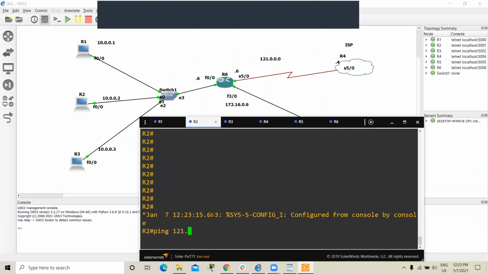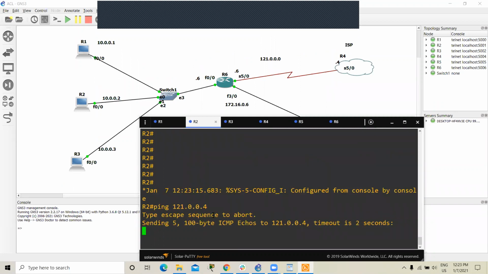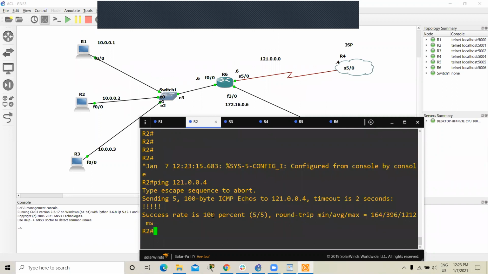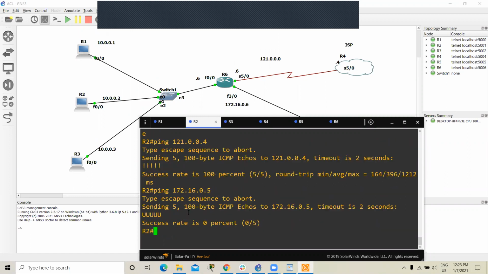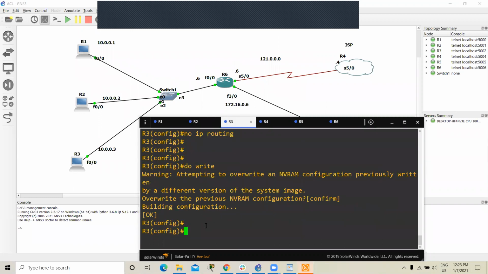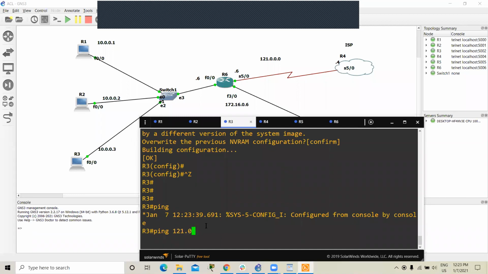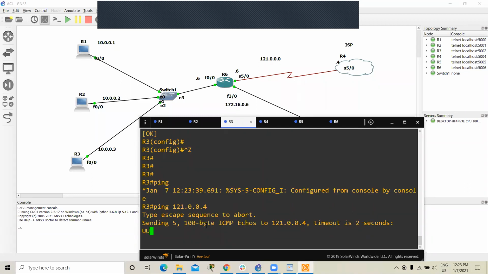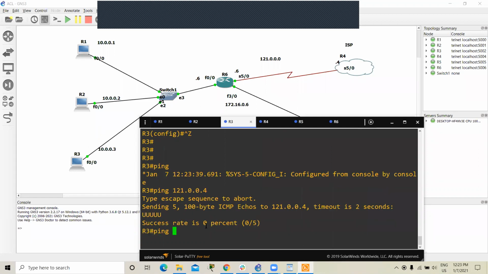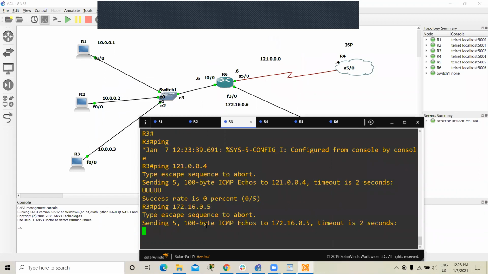Ping 121.0.0.4, the ping is successful, but if from router 2 I try to ping router 5, it will be dropped, destination unreachable. And from router 3, if I try to ping router 4, the destination is unreachable. And if I try to ping 172.16.0.5, it will be successful.